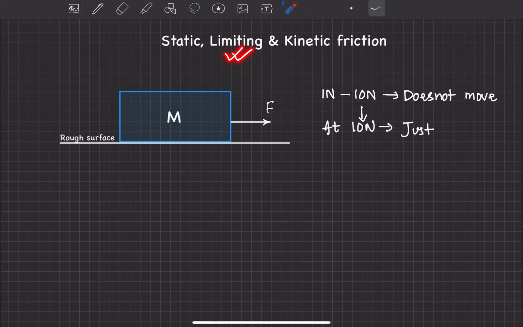This is the second term. So what is limiting friction? This is the value of friction at which the block just starts to move, or the maximum value of static friction. Now once the block starts to move, we can see that even if we apply a lesser force, let's say 9.8 Newton, after the block moves,